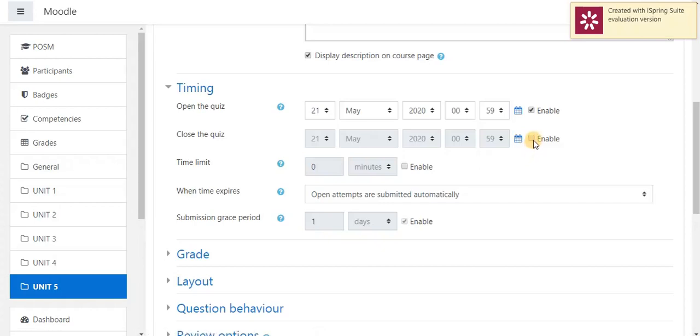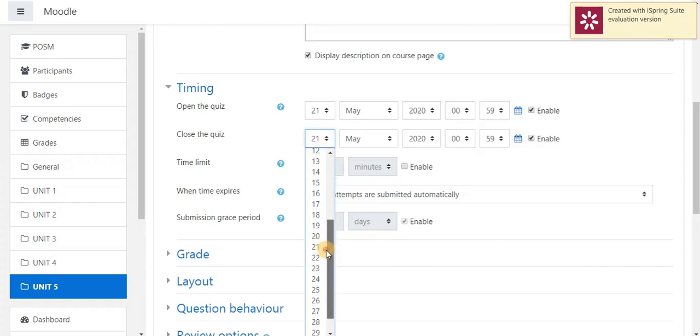But if I enable this option, students can open this quiz and have to end this quiz between this mentioned time. Here I can change my date and time as per my requirements. Next, time limit. Time limit means I can specify a time to write the quiz.